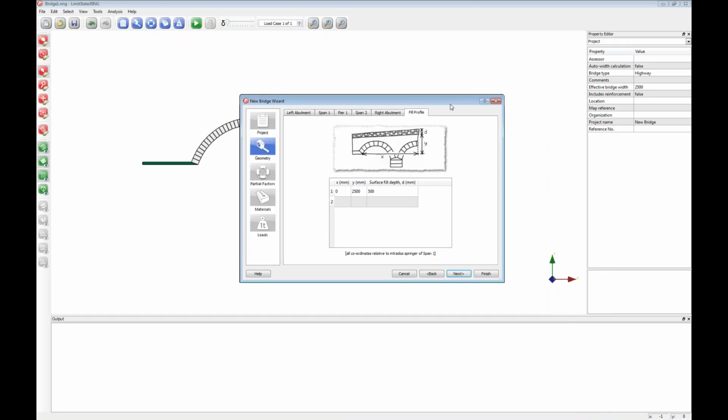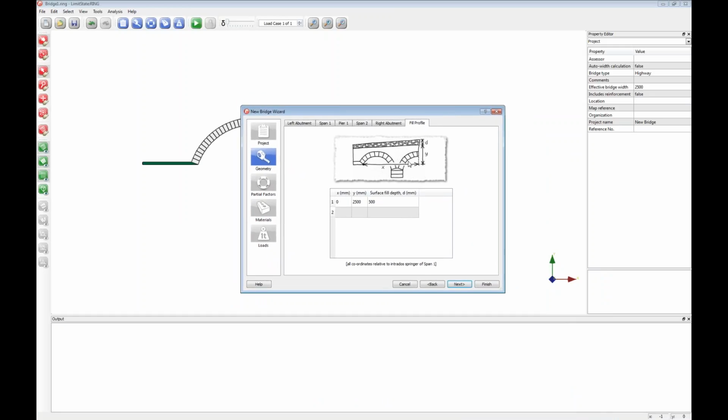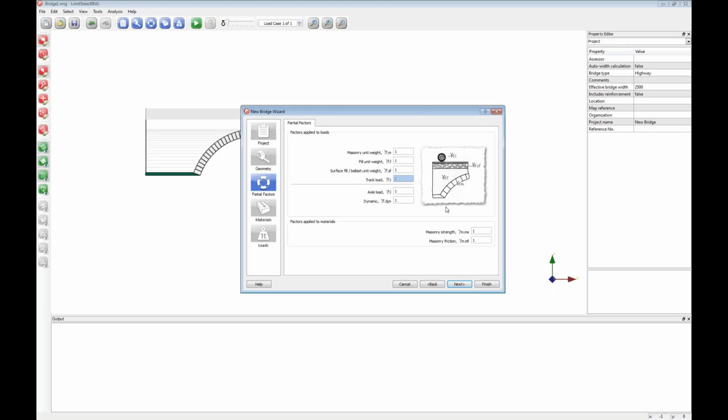And what you're able to do here is prescribe a piecewise linear idealization of the fill profile, and also define a surface fill depth. Now this is very useful when you've got a surface fill which is different in character to the underlying fill material. So for example, if you've got a road construction with blacktop, road base and the like, you may want to model that separately. For now, I'm just going to keep the defaults,